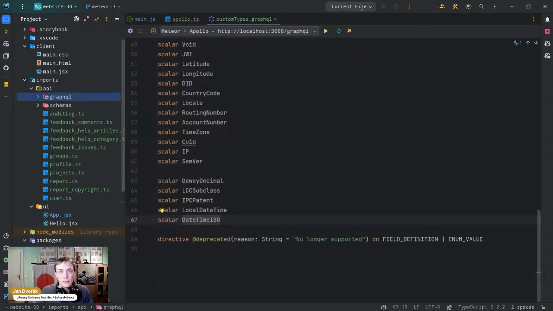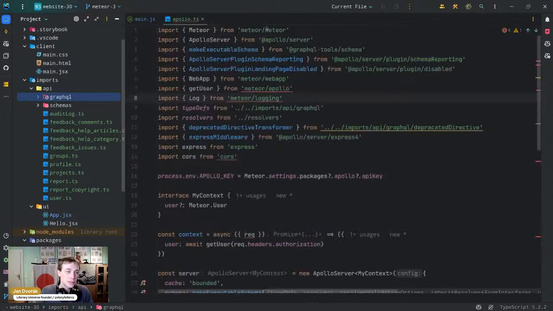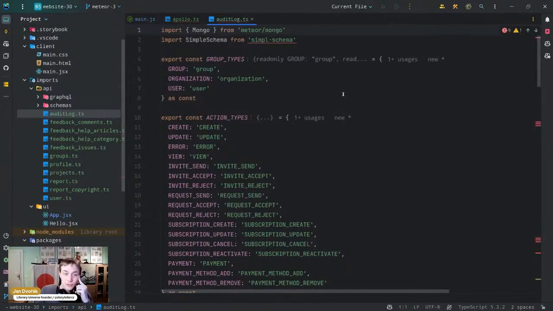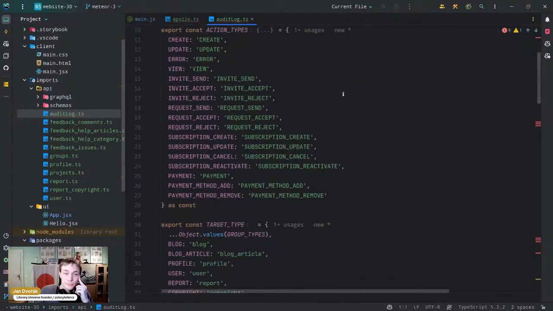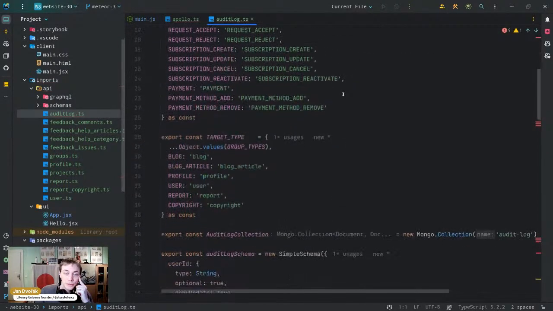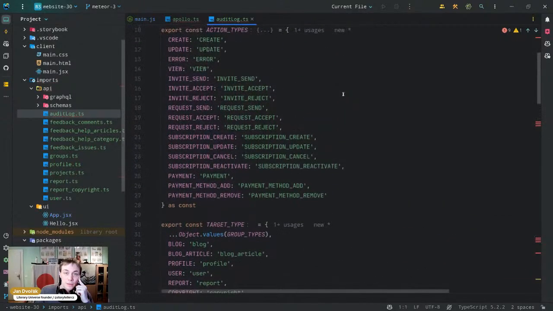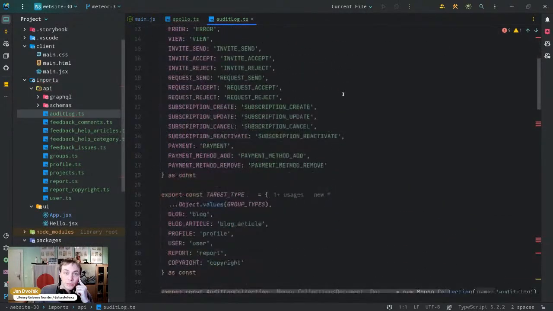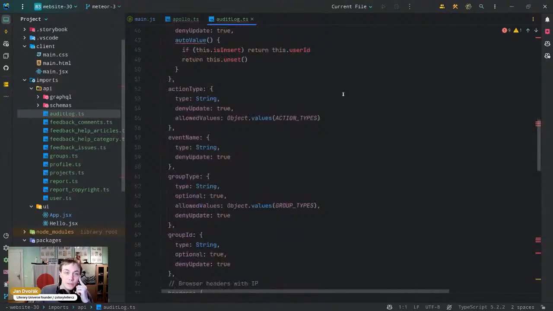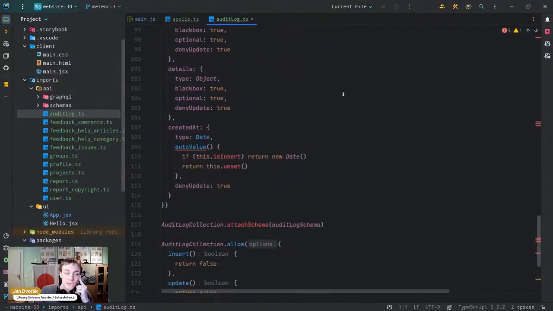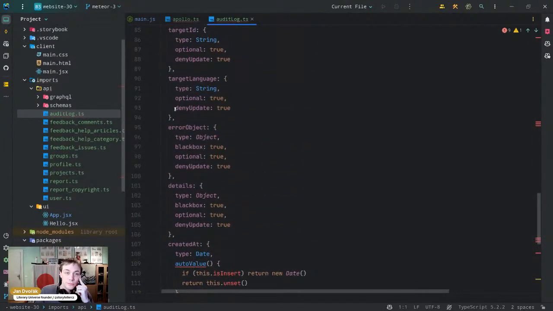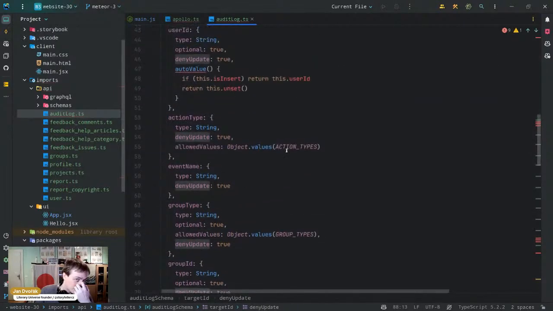So we got that covered. So those are like some custom types that we can use. The package has many, many more than we need. So we have an audit log, which has probably a lot more stuff that we don't need, but that should be fine. I see we have here the deny update and all that stuff, so we'll have to